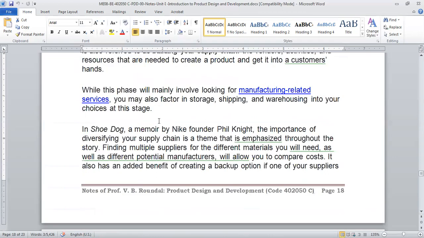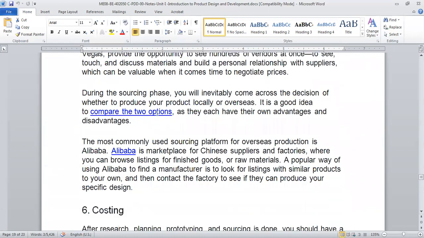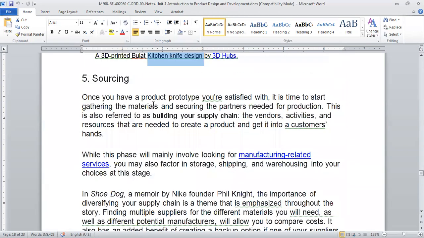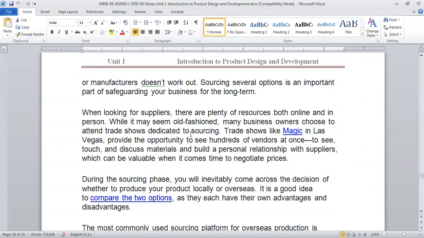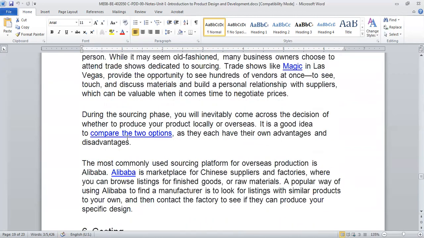Okay, now once your prototype is done, you will do the sourcing. Basically, sourcing means once your prototype is ready, you will try to identify the materials and the different things needed for production. So basically, developing a supply chain. Who is going to supply what product or material, how the manufacturing will happen, who is going to manufacture, in what step it will be taken care of, which shop is going to manufacture which part, how the assembly is done. All those things are done as part of sourcing.